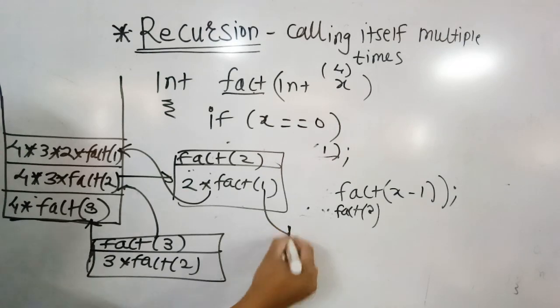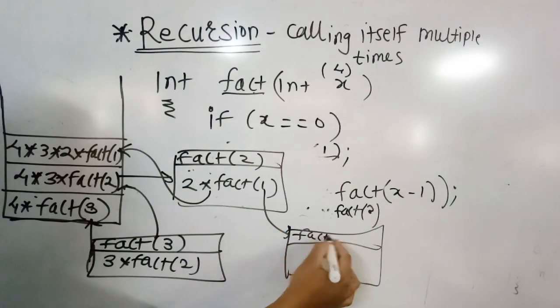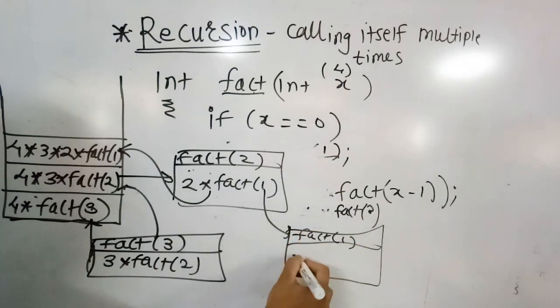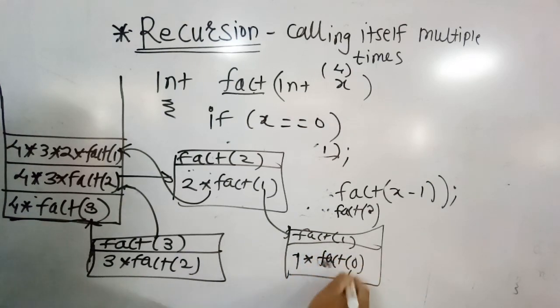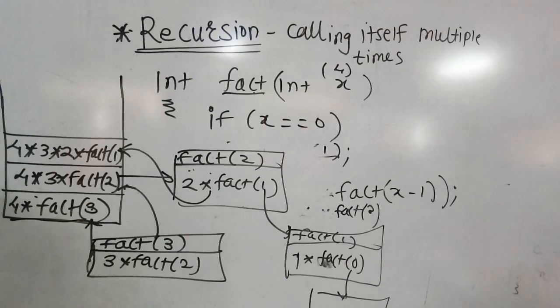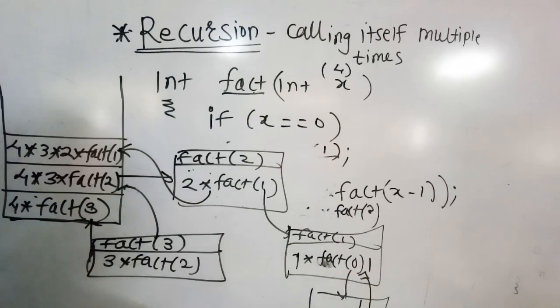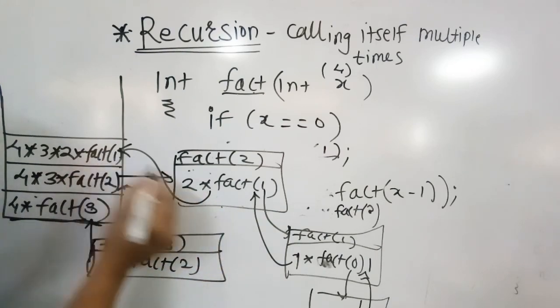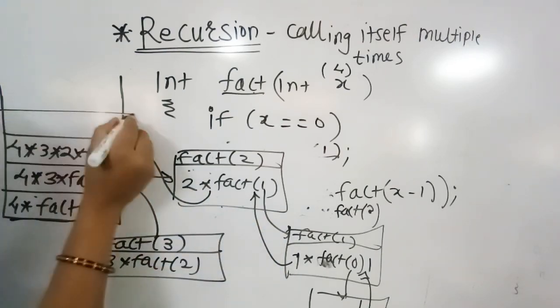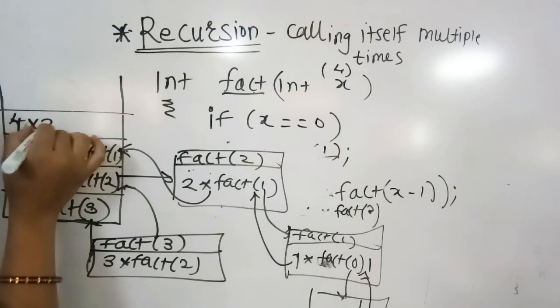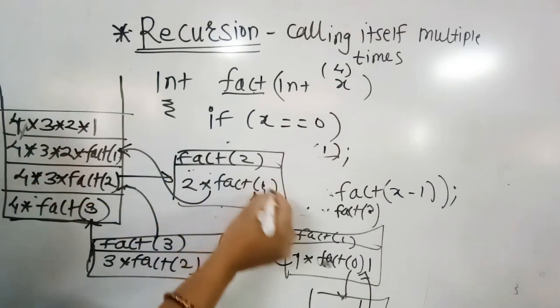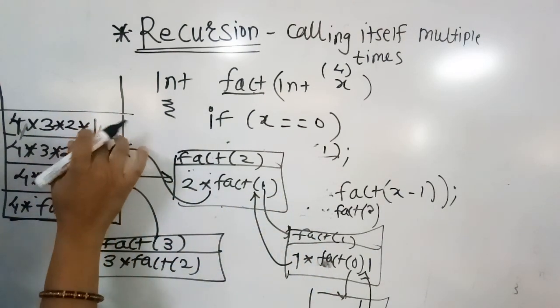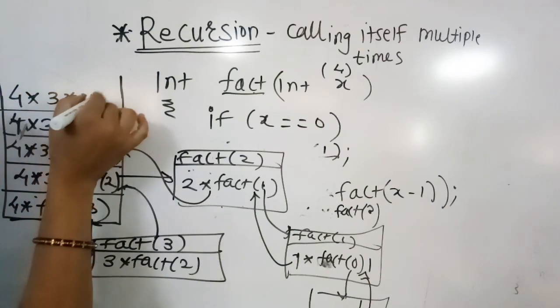Now again it calculates the value of fact of 1. What is the factorial of 1? Again it calls the same procedure, that is 1 into fact of 0. Again it will calculate the value of fact of 0. What is the value of fact of 0? Fact of 0 will be 1. It is written here, and again here. Now fact of 1 is 1, and this is calculated. Next, 4 into 3 into 2 into 1. This fact of 1 is calculated and written, so at the next step, 4 into 3 into 2 into 1 into 1.